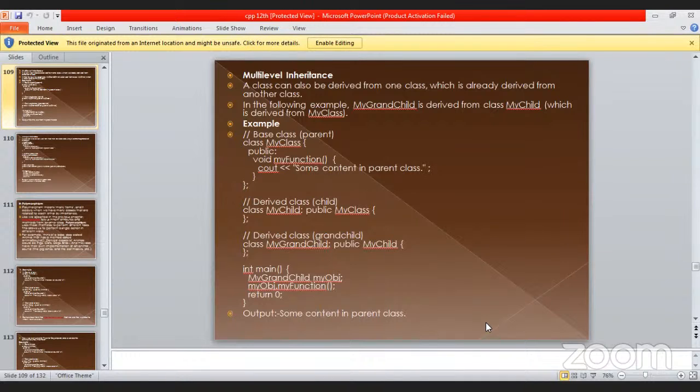Derived class grandchild: class MyGrandChild : public MyChild { }; semicolon complete. Then int main, MyGrandChild myObj; myObj.myFunction();